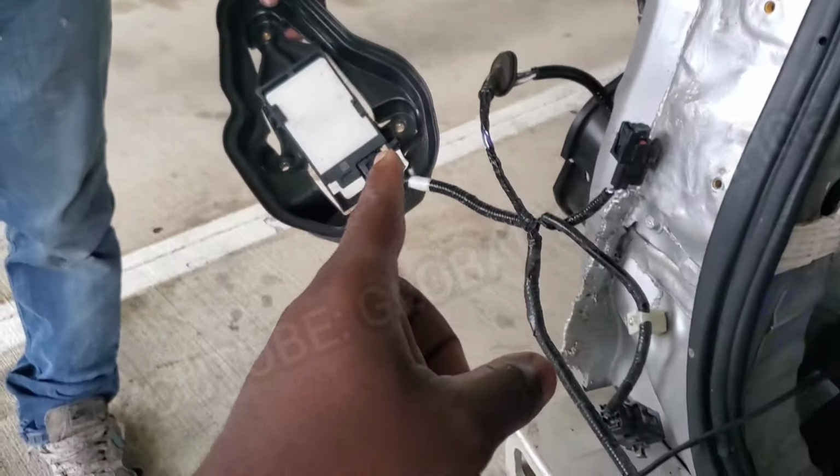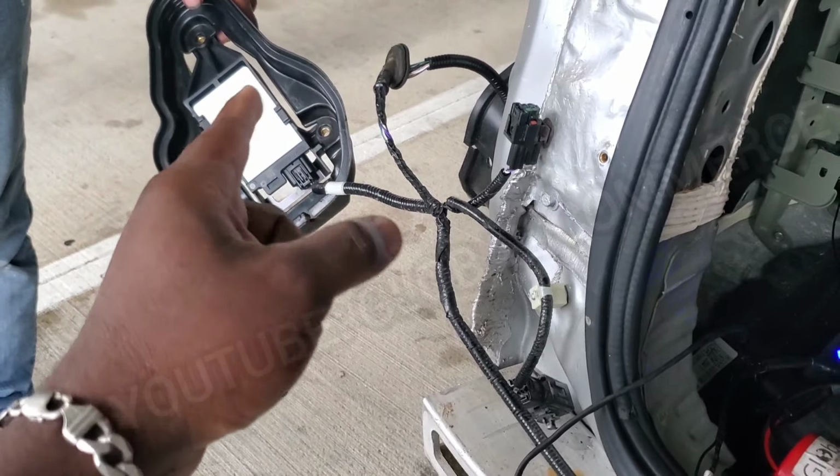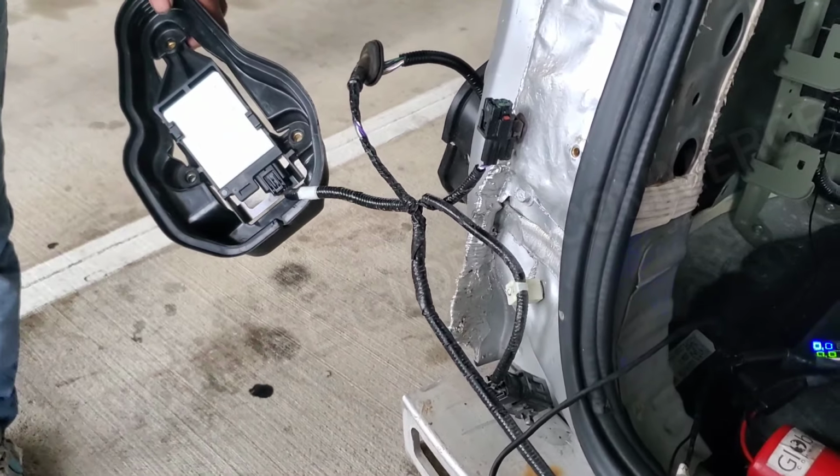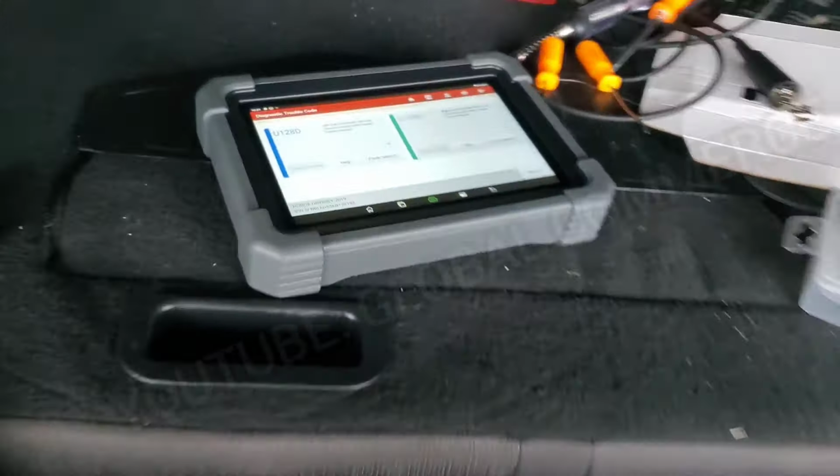So if you have the right side connected and the left side is broken, not working, not connected, you will not be able to enter it, because that's actually what you're entering. That's the master of this unit, right? So we're gonna now go back and read the codes and see with this replacement plugged in